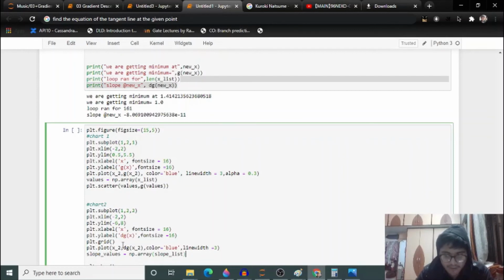Okay, and what will we plot, plt dot scatter. We want to plot values, and we want to plot slope values. So let's do this, guys.